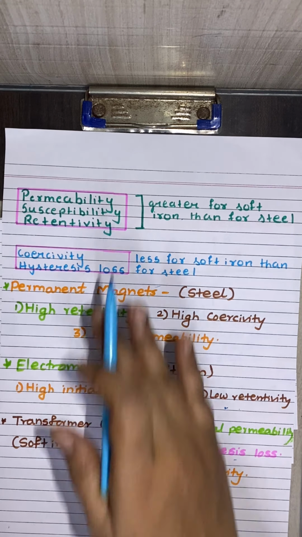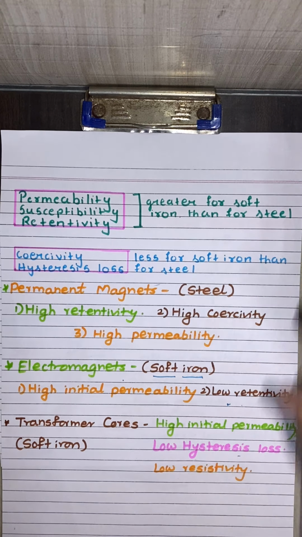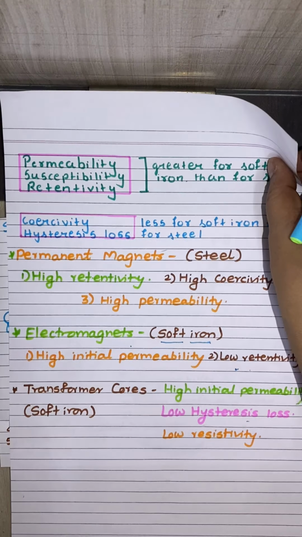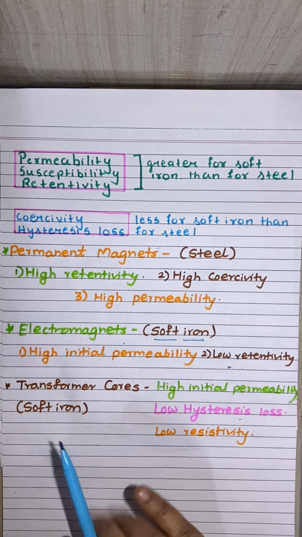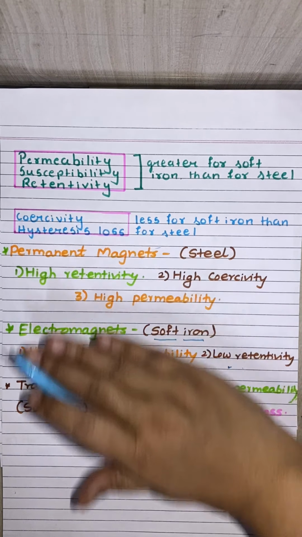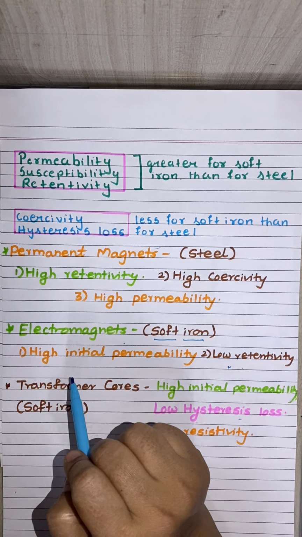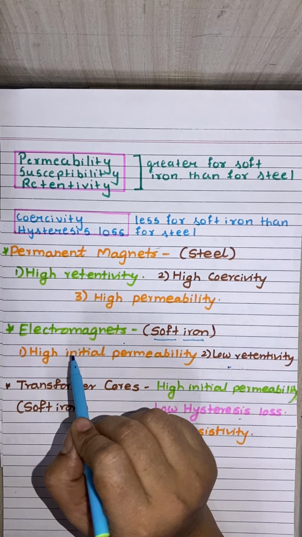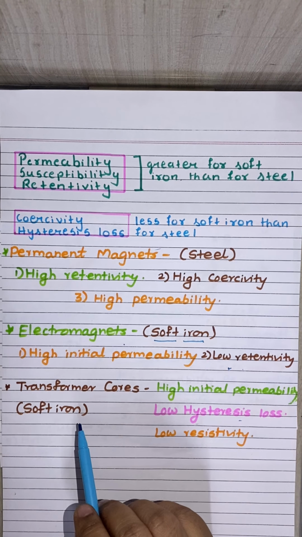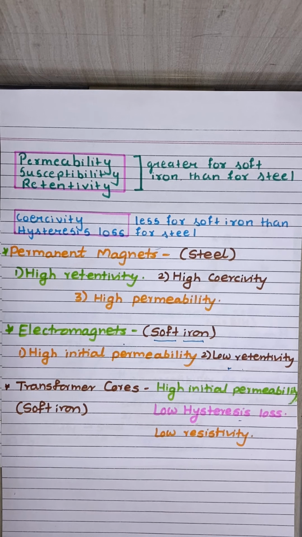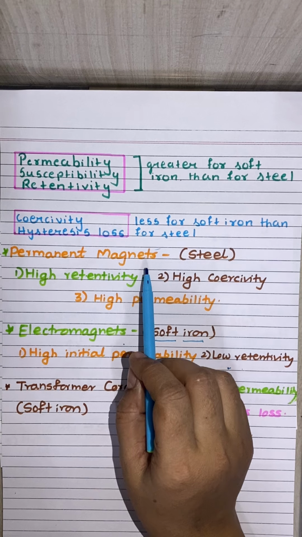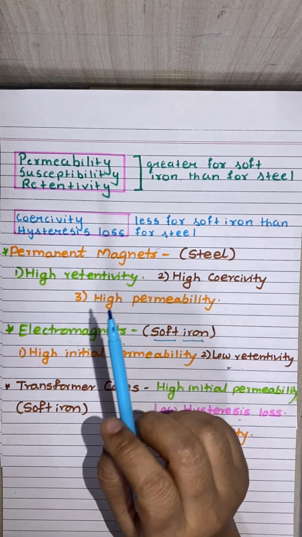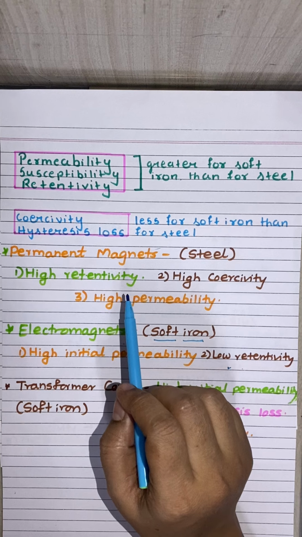These are the major important portions we are going to consider as applications of hysteresis. Depending on the hysteresis loop area, the value of B, value of H, retentivity and coercivity, we can separate the different types of magnets. It may be a permanent magnet, an electromagnet, or a transformer magnet. Now, what are the methods for making a permanent magnet? Let us go through that.